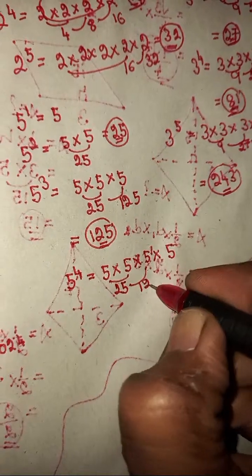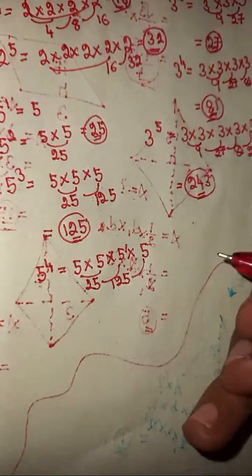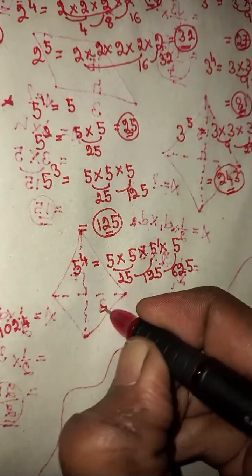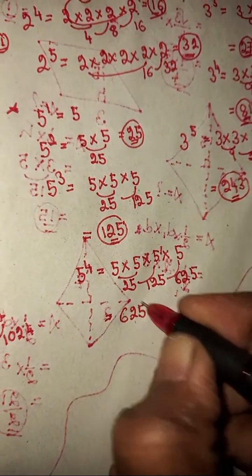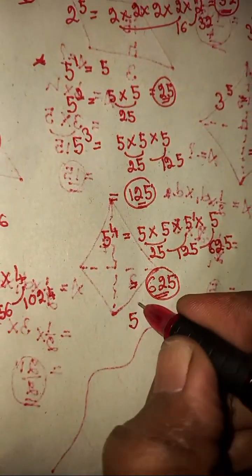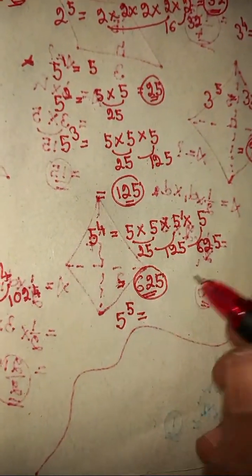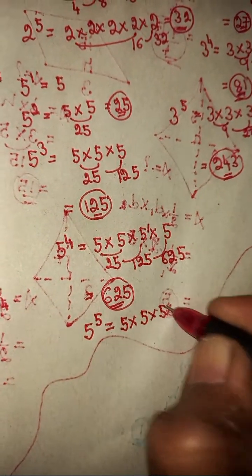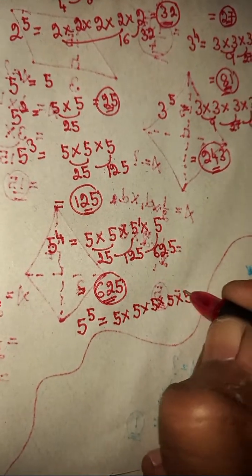25 times 5 is 125, and 125 times 5 becomes 625. So it is 625. Let's take the final number, which is 5 to the power of 5. 5 to the power of 5 means 5 times 5 times 5 times 5 times 5, which is